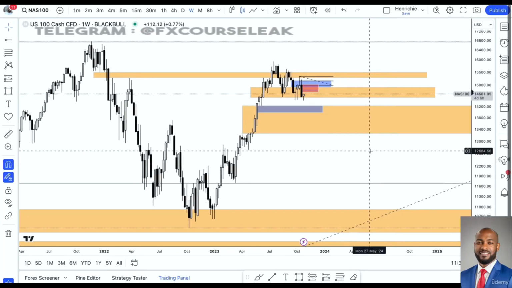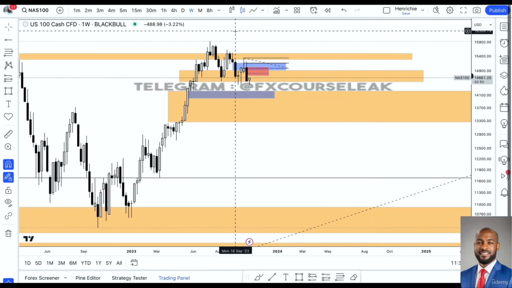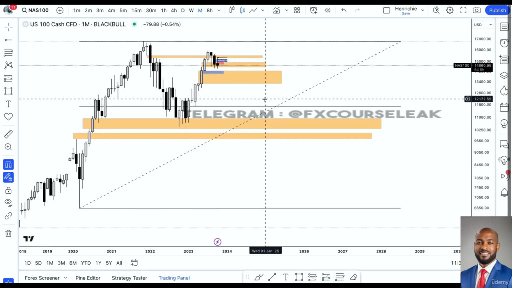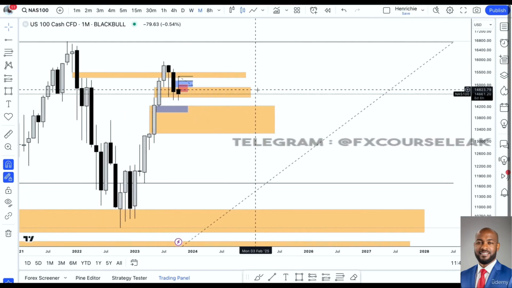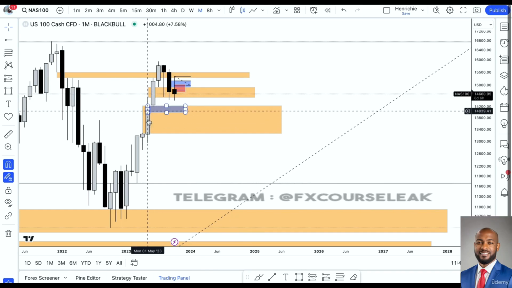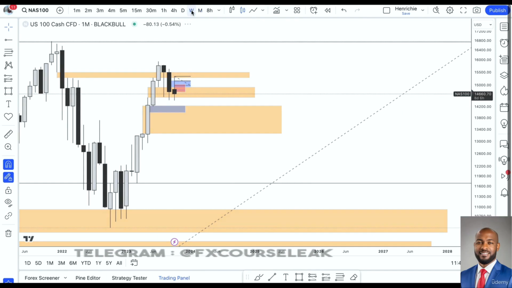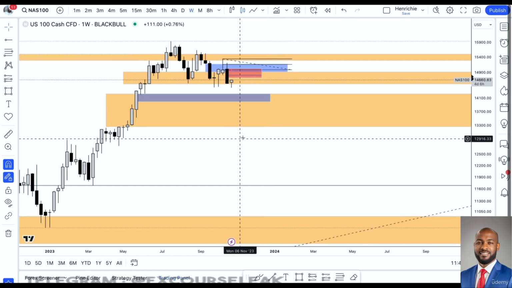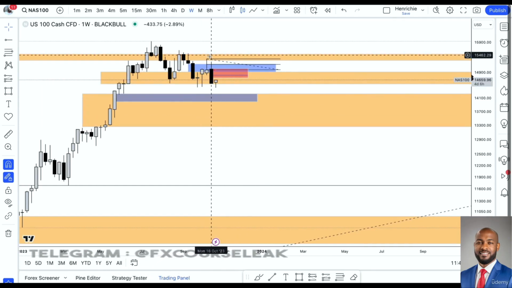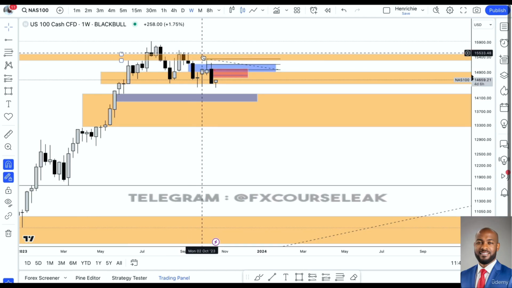And I'm going to be talking about the current price action on NAS 100. So if we go to the monthly time frame, you can see that on the monthly time frame, this is my draw on liquidity where I'm anticipating to see the market gravitate into, and then we go to the weekly time frame. Now on the weekly time frame, after we ran through this inefficiency right here,